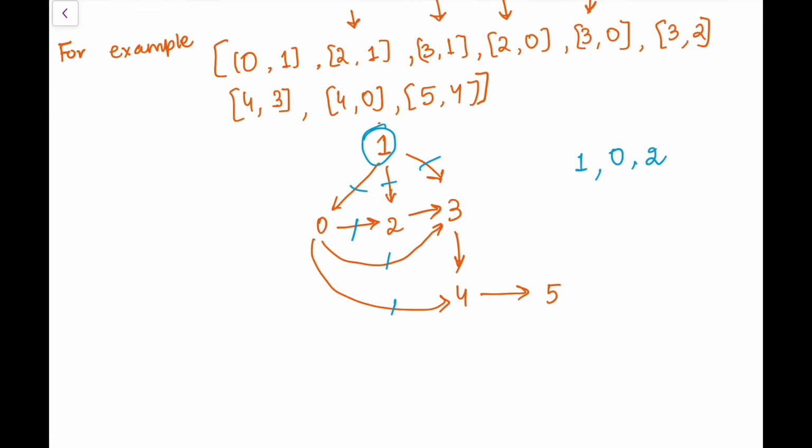After taking 2, all the dependents on it are removed, so I can remove this edge. Similarly, now I can see that 3 is free, so I can take 3, and after taking 3 this edge is removed and 4 is free, and after taking 4 this edge is removed, and now I can take the fifth course. So this is my probable solution for this. Let's see how we can form it in code.